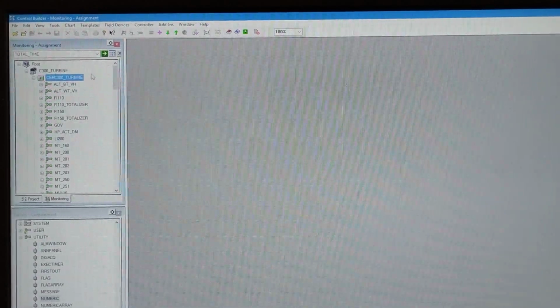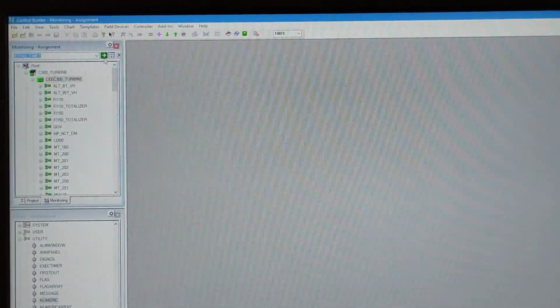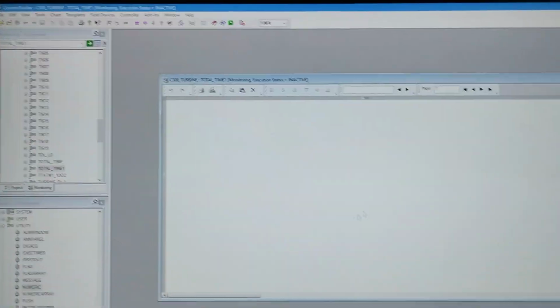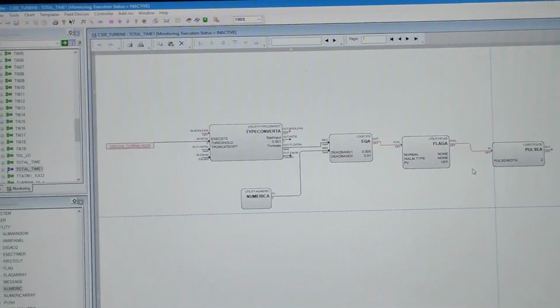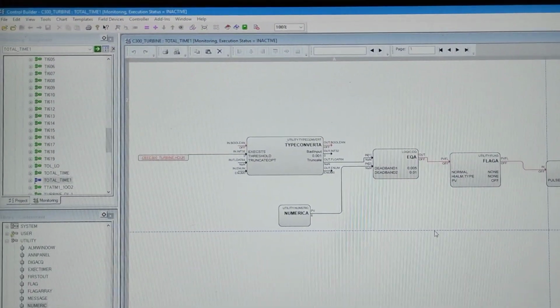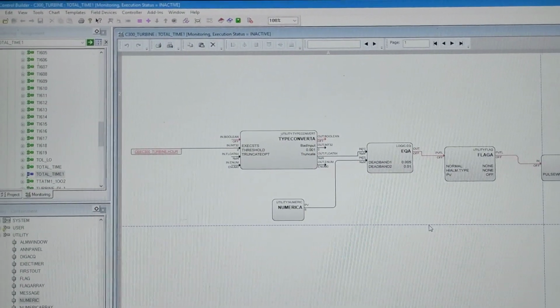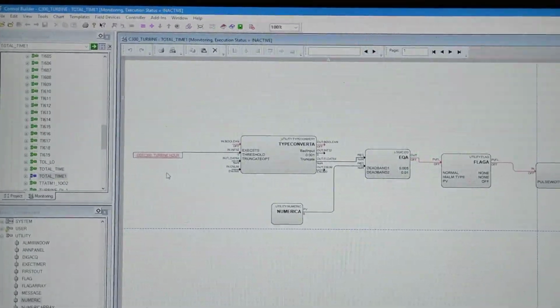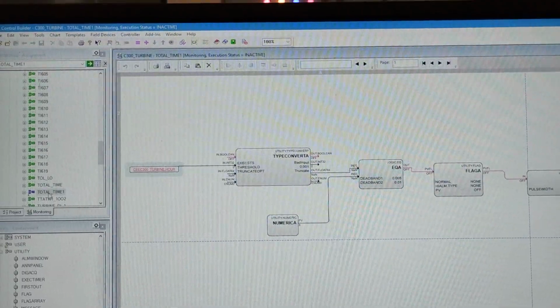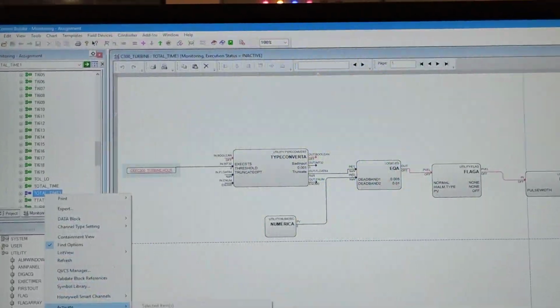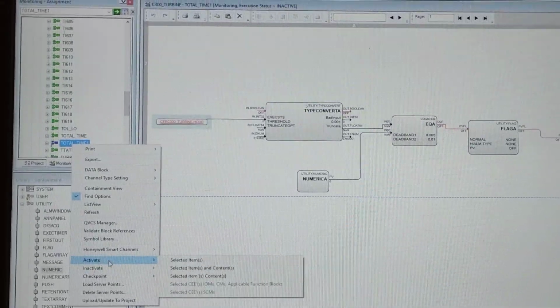We will see in monitoring mode, total time 1, or simulation mode. You can see here the controller is connected. Now we have to activate it.